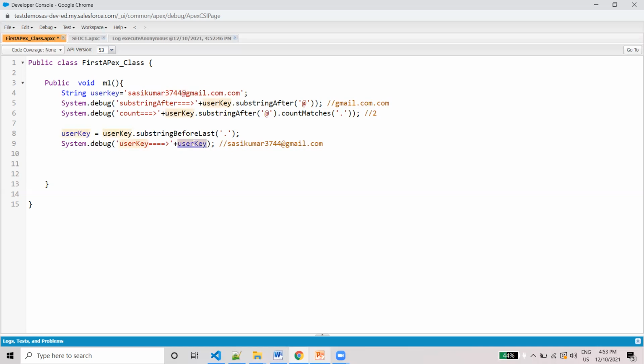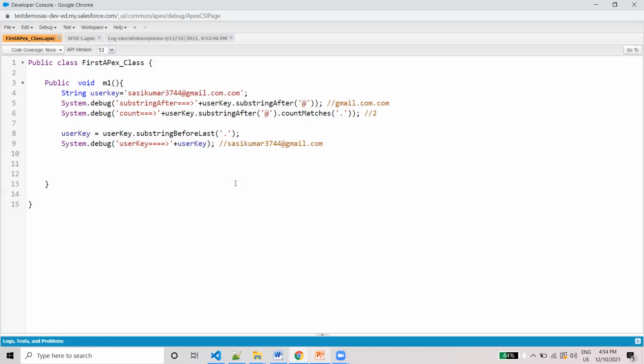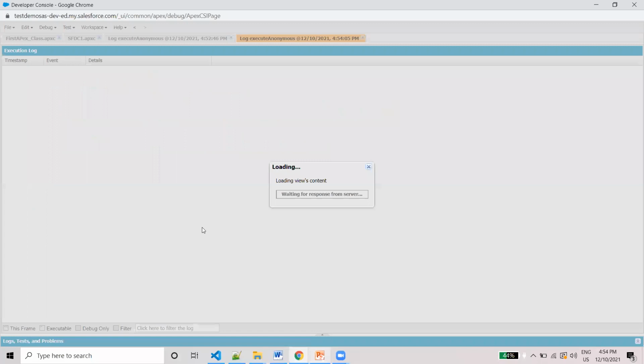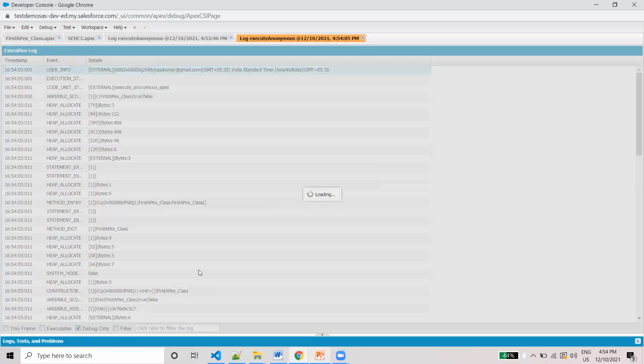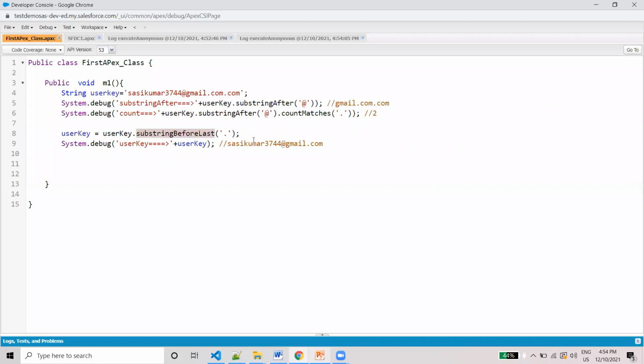Now we can see this one, execute. You can see here user dot salesforce3744@gmail.com. So this value has been printed.